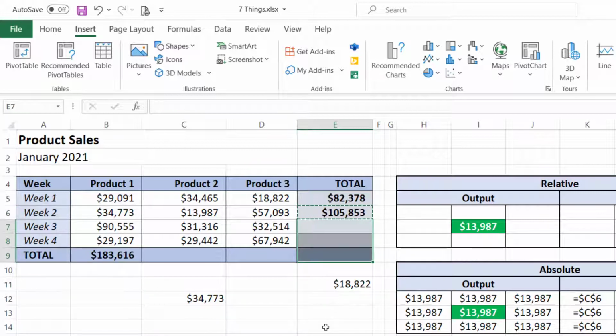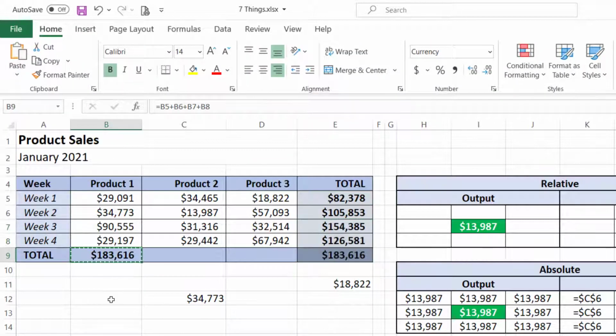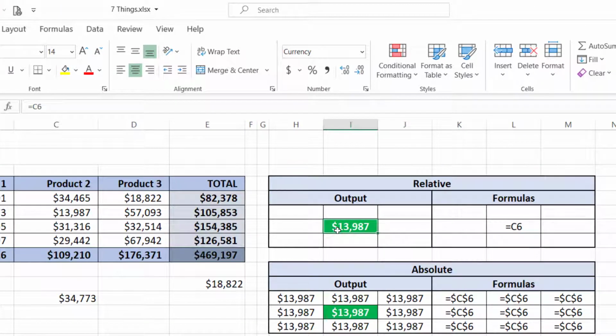I'll update the remaining total cells in our data so they'll all be filled in. When I copied and pasted the formulas, the relative cell references changed to include the correct cells in each total cell. To show you one more example of what happens when you copy a formula with a relative cell reference to other cells,